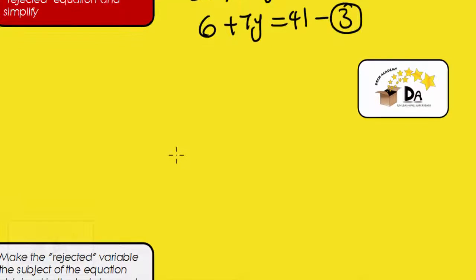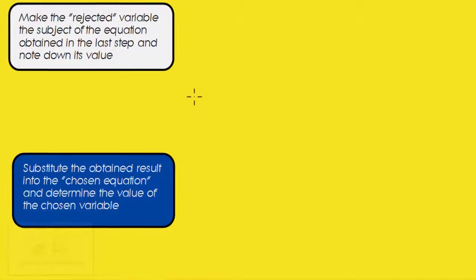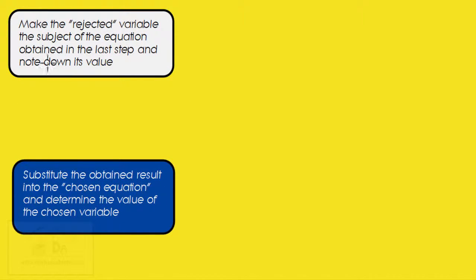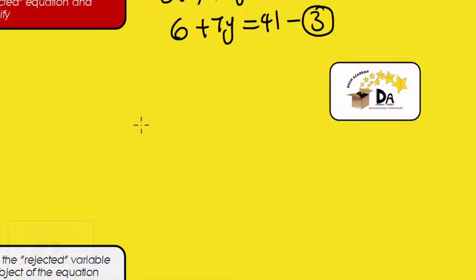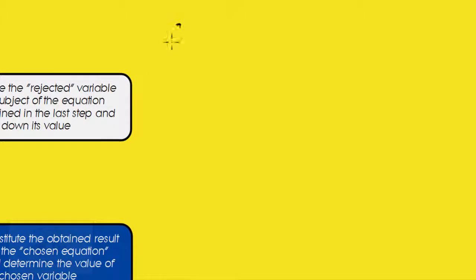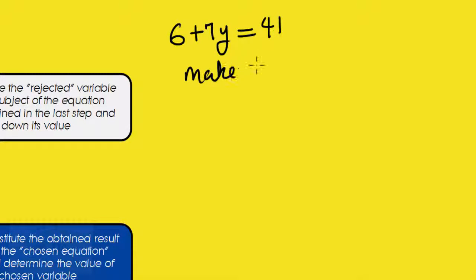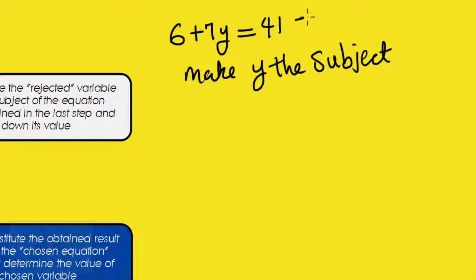Now we're going to move to step 4. It says make the rejected variable the subject of the equation obtained in the last step. So the rejected variable is y. I'm going to make it the subject of equation 3. So we have 6 plus 7y equals 41. So I'm going to make y the subject of the formula. Now just note that by making y the subject of the formula, we're determining the value